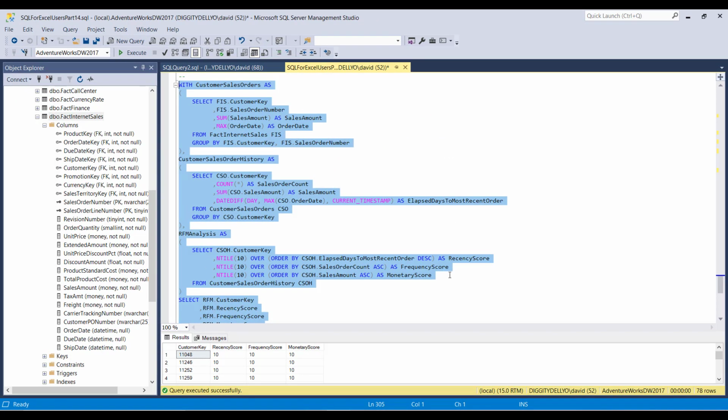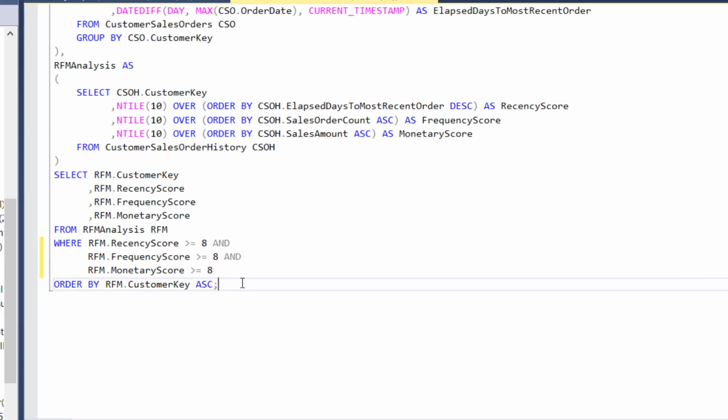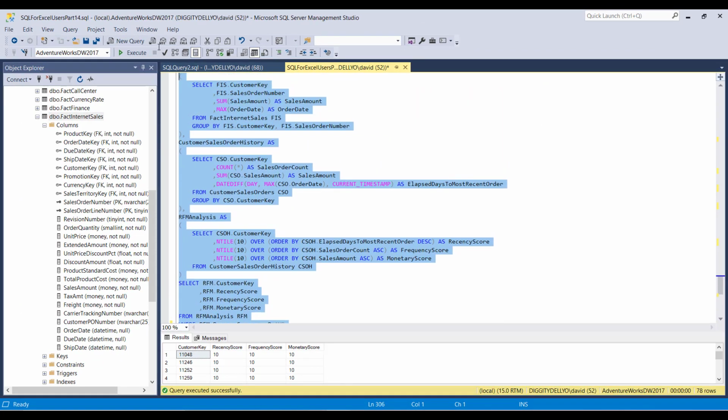Let's say, for example, you're the data analyst working in the AdventureWorks marketing department, and you come back to your boss and you say, yeah, we can send out 78 catalogs, boss. That's probably going to make your boss pretty sad because 78 catalogs is not a lot. So your boss says, go back, we need more customers. And maybe you say, okay, cool. What I'm going to do is say, look, if anybody has a combination of 8 or more in all 3 scores simultaneously, that's a good enough customer to receive a catalog. So I can just easily change the query like this,